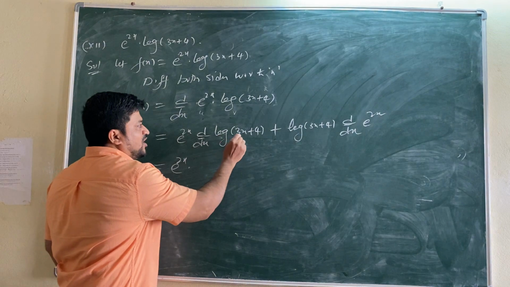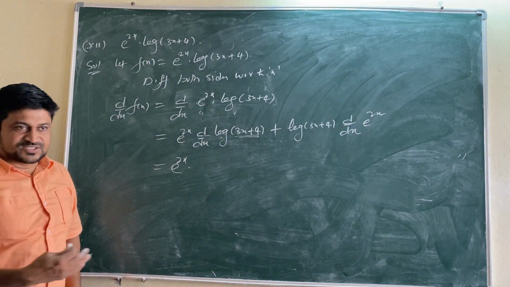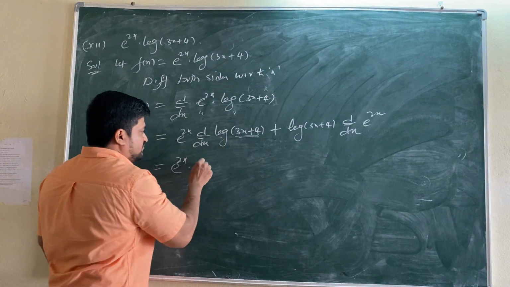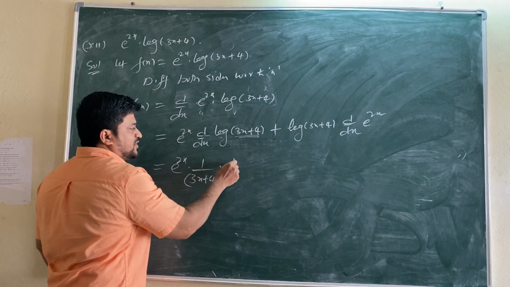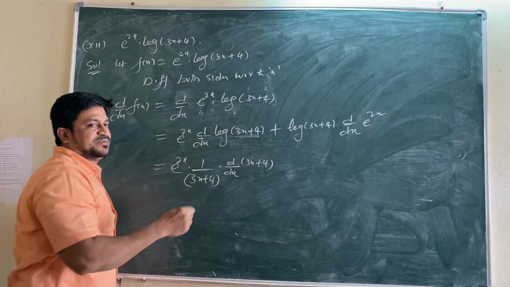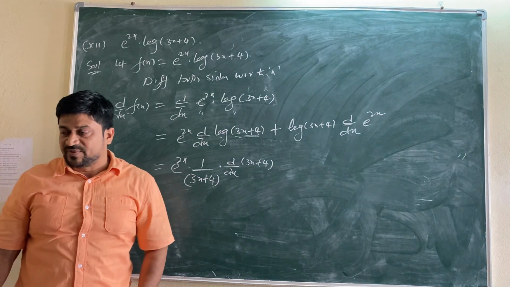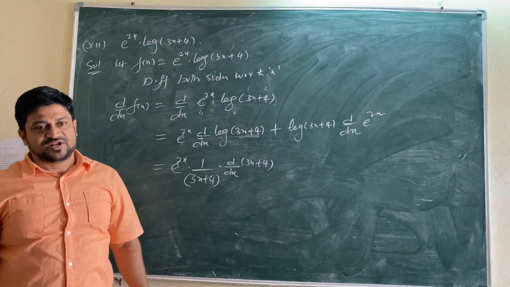To apply this formula to this one, what will we do? d by dx of log x, consider that to be the inner function, log of x, 1 by x. But things are not completed. Again we need to write d by dx of the inner function. Got it? Previously d by dx of log x, the 1 by x thing is over. But now because x has some value, that value should be differentiated again.